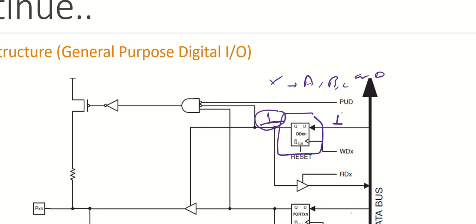Okay, now this 1 is connected to a tri-state buffer. So this 1 enables the tri-state buffer, and this tri-state buffer is connected to a flip-flop. Now this flip-flop is a part of the port data register. We have four such registers: port A data register, port B data register, and C and D. Okay. So the data available at the output of this flip-flop will be reflected